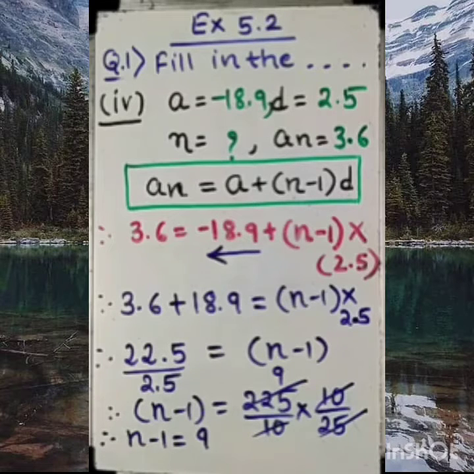Here. So let me bring it to this side. So n equal to 9 is already there. Minus 1 I will bring to this side, so it will become plus 1 and that is equal to 10. So the value of n equal to 10. This is the complete solution of fourth part of question number 1.